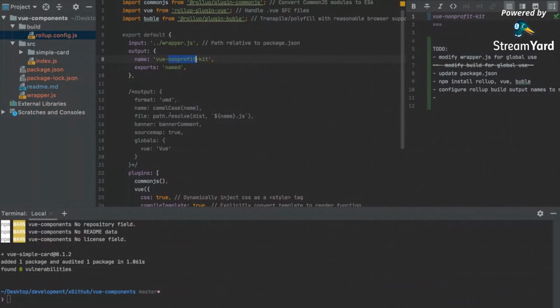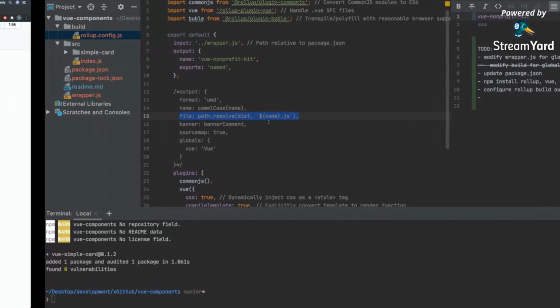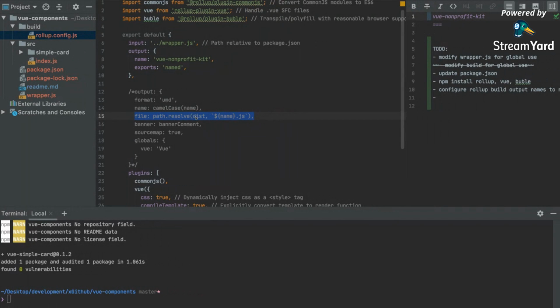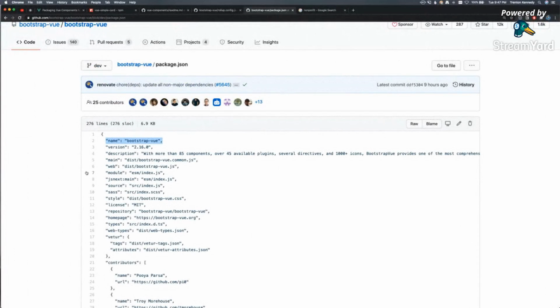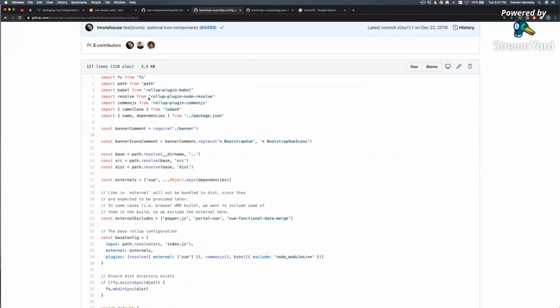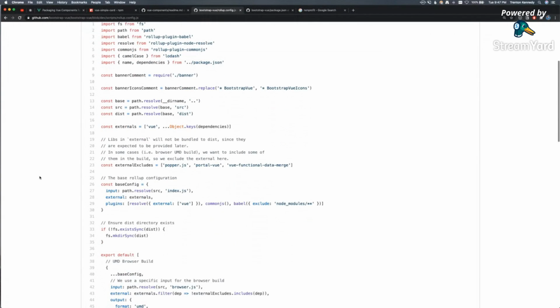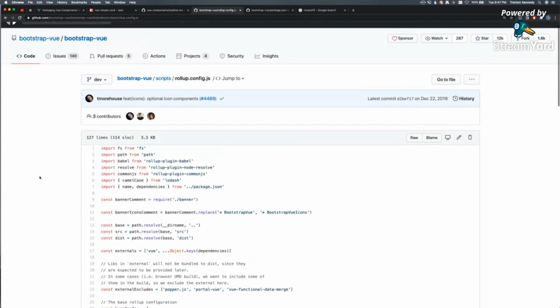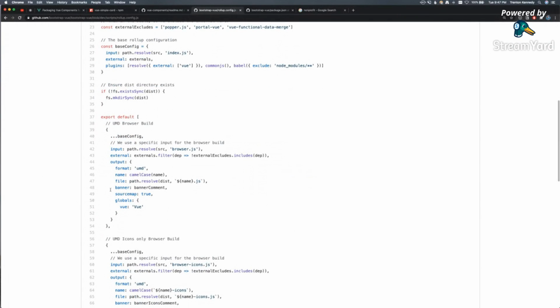And then next step, so we don't care about format. We got the name taken care of. File, do we need a file reference? Is that how they're getting to the index.js? So go back to look at the file that they had defined. I think they're using that to build the multiple versions of it. Let's see. Okay, so this is rollup config, and then